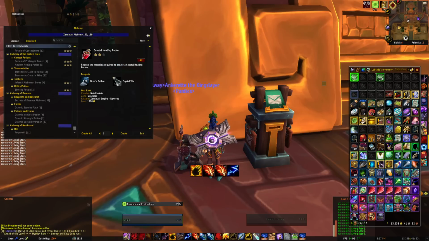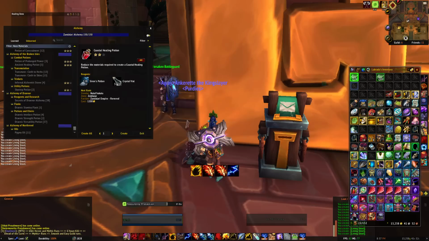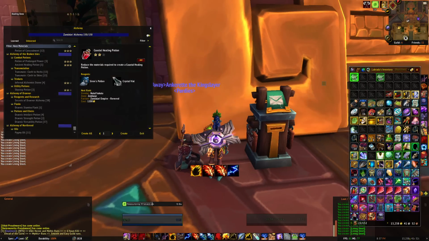So we're going to make 188. We have 228, so that's a 40 proc. At 360 gold a piece, you're looking at almost 15.5k in the procs right there. So that's really nice. And again, when you mix it up with the bars, the ghost iron bars, the trillium bars,